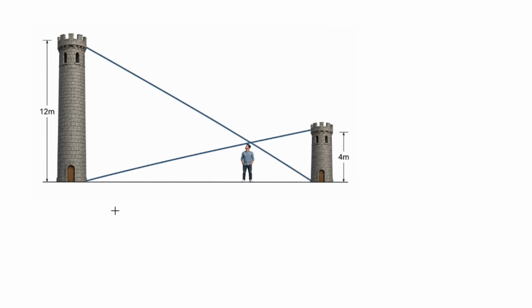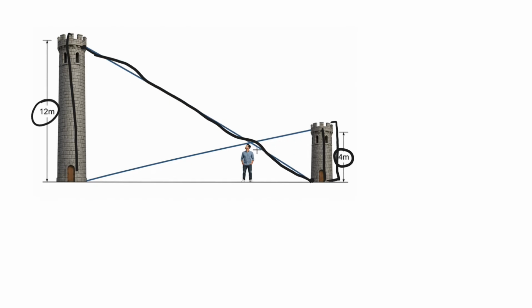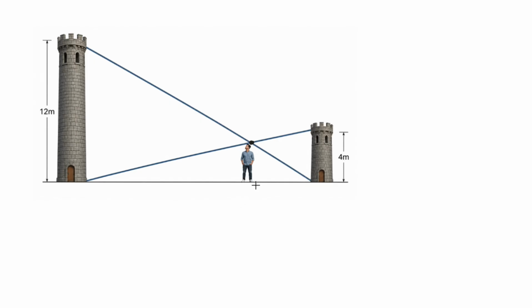Let's solve this geometry puzzle carefully. We have two towers facing each other. The tower on the left has a height of 12 meters, and the tower on the right has a height of 4 meters. A cable is drawn from the top of the 12-meter tower down to the base of the 4-meter tower, and another cable is drawn from the base of the 12-meter tower up to the top of the 4-meter tower. These two cables intersect exactly at the top of a person's head, and our goal is to find